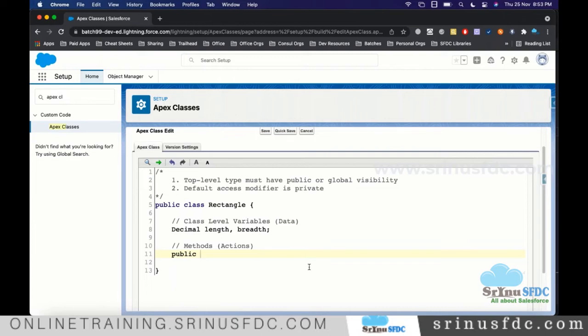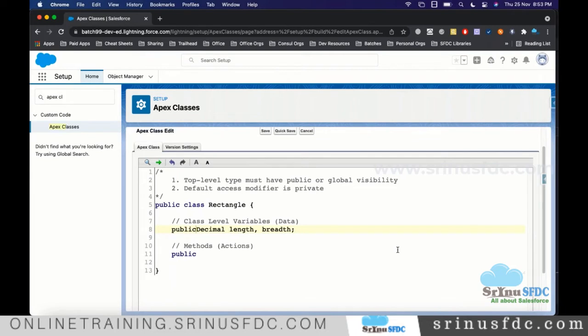Yeah, Srinu, one question. So this access identifier, can we do it for data types as well, like decimal? Yes. Before this, if you want this also as public, you can define it like that.